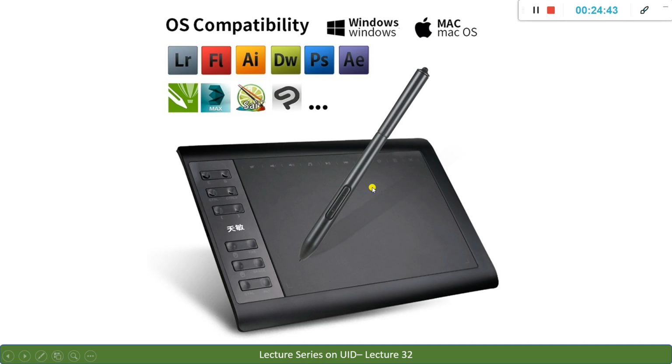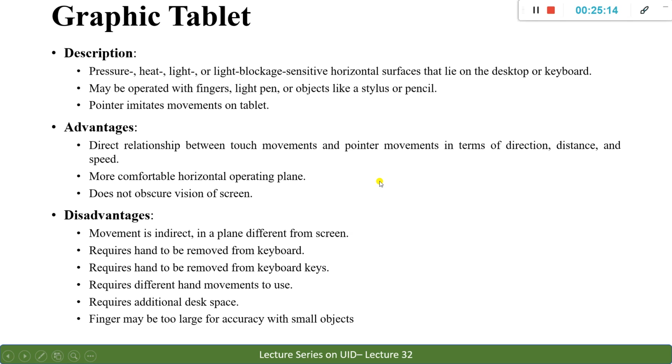There is a very slight difference between a touchscreen and a graphic tablet. Touchscreen does not utilize such kind of pens. You can make use of stylus pens, but it is not compulsory. It is not meant for moving anything. It is not meant for drawing anything. It is a kind of selection, but with this one you can make use of selection and drawing also. So these kinds of tablets are mainly utilized for the sake of sketching something, so that you can select a color and draw something.